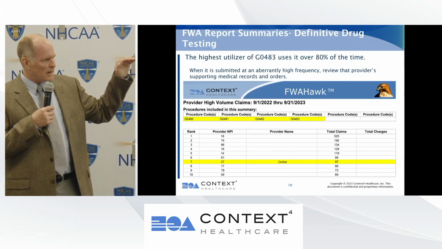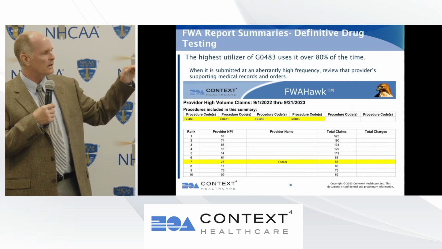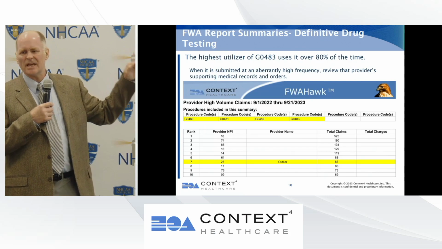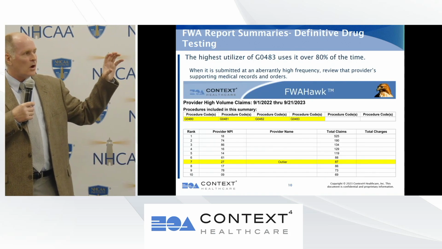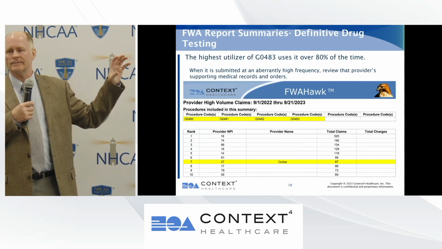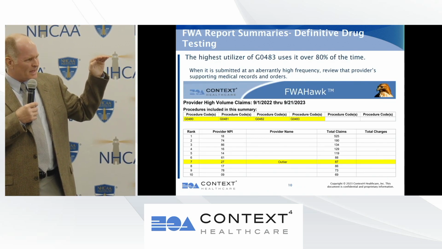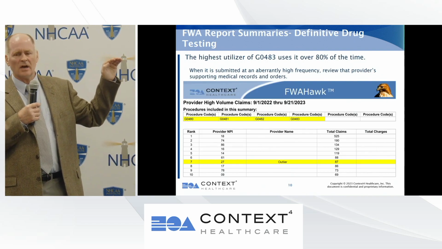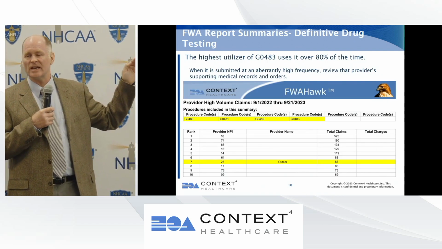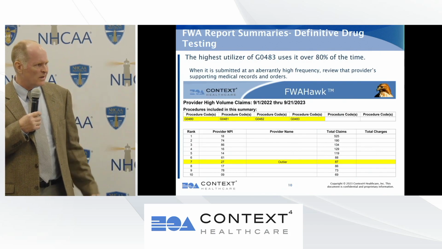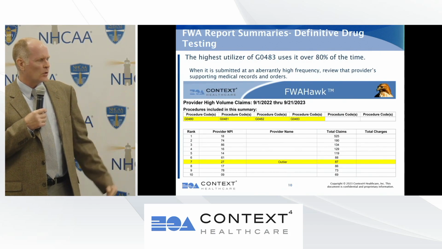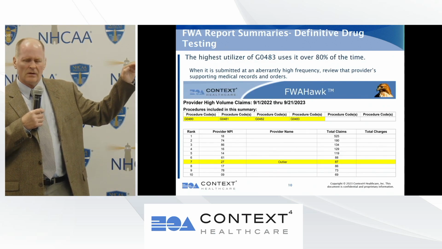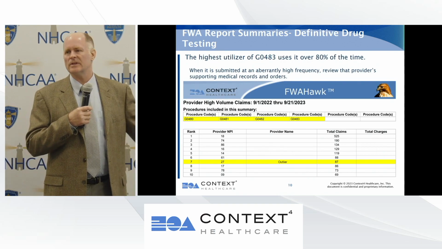It shows our number 1 provider of the highest level definitive code is only the number 7 provider for all the definitive drug testing combined. So this provider was in a group where 6 other providers submitted more definitive tests than they did, including the